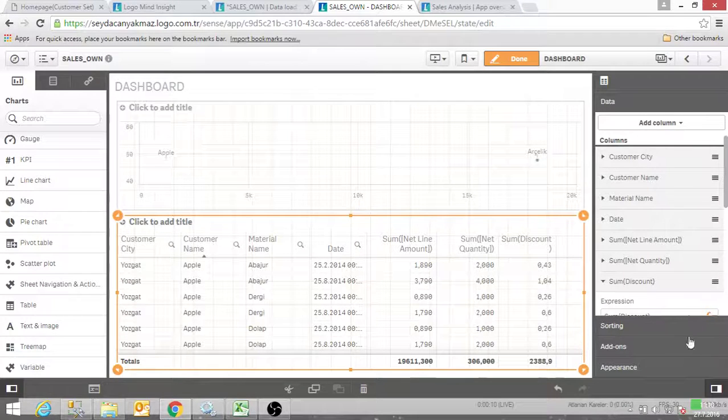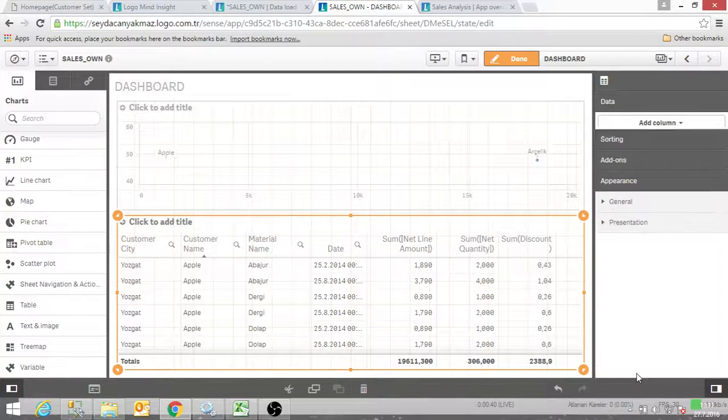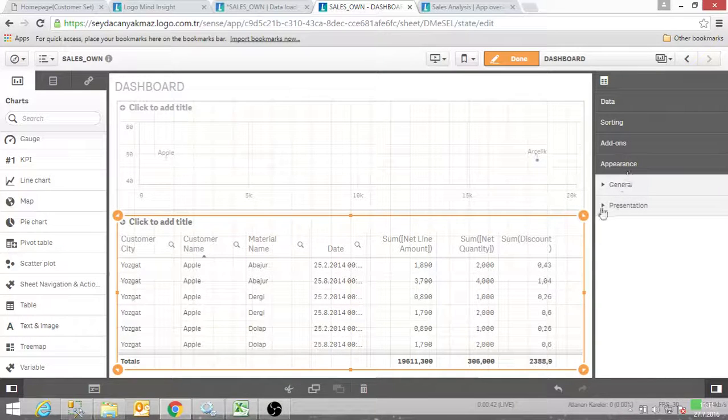Editor to do it. So I will use my table component for this step. For example, I will say if the sum quantity is bigger than 5, I want to see it with purple, else I want to see it green. I will give a condition for it. I will select my table component and in the appearance menu,